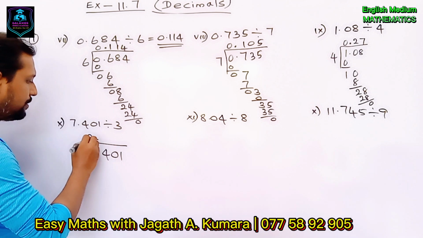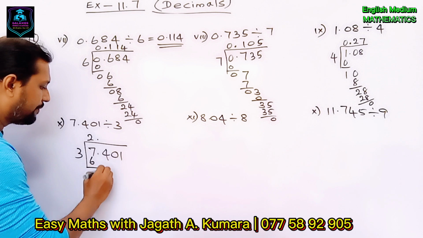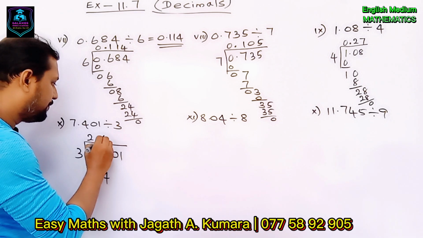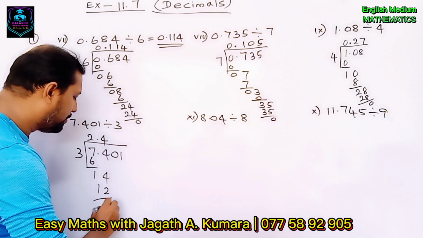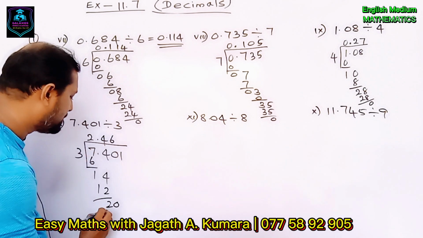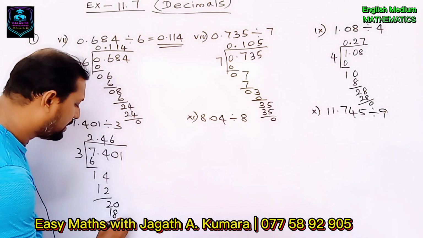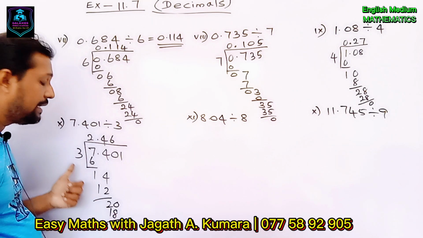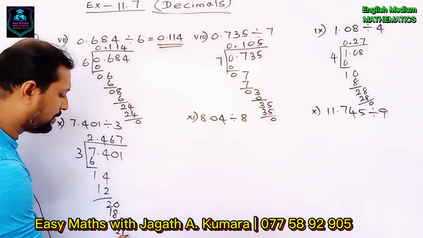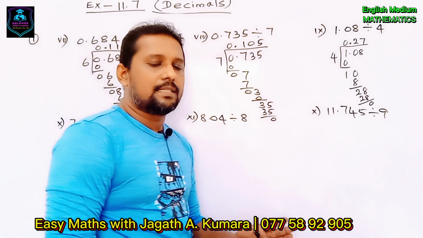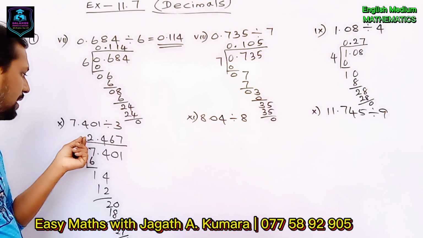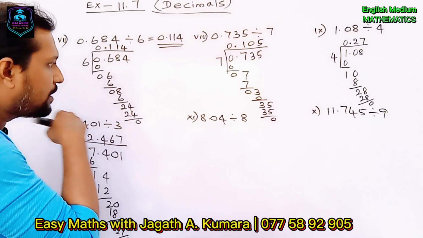7 divide 3, 2, 2 times 3, 6, remaining 1. Then this 4 you can take here. 14 divide 3, 4, 4 times 3, 12, remaining 2. Then this 0 take here. 20 divide 3, 6, 6 times 3, 18, remaining 2. Take here 1, 21 divide 3, 7, 7 times 3, 21, remaining 0, right? You have to divide until you receive the remainder as 0, then you can stop your division, right? So the answer is 2.467. Right. Then next one, look at